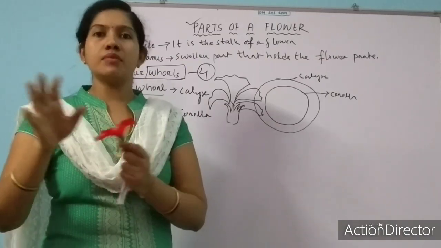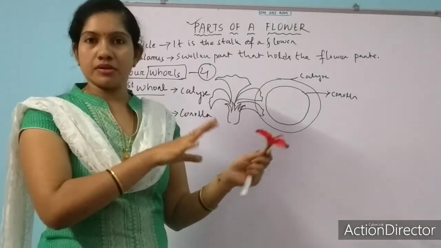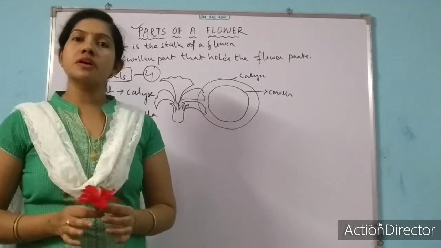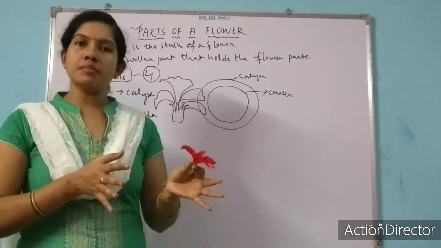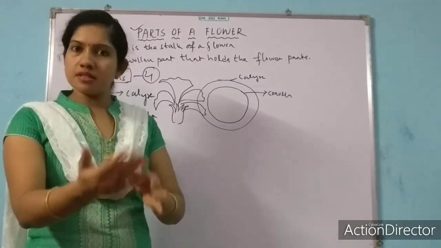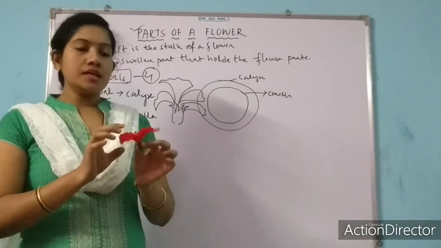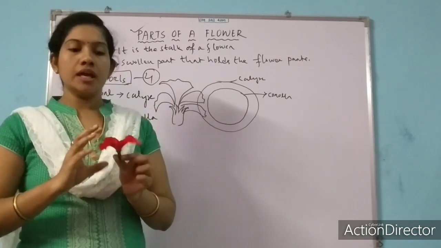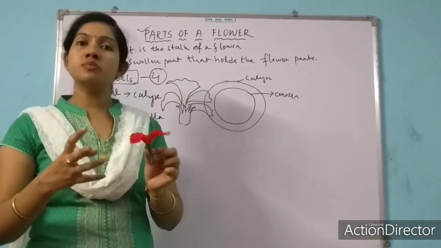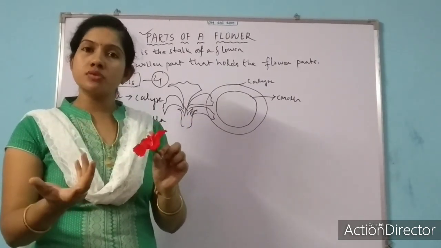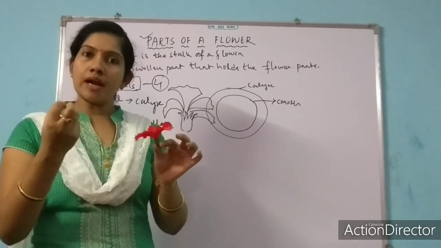What is pollination? I will tell you later in the second part of our flower. Pollination is actually a method of transferring. So pollination is a process of transferring male gamete to female gamete to form a seed. So no need to worry about that. We will discuss it later, in the second part. So generally, what is the work of this corolla? Corolla helps to attract insects. It also produces fragrance, it also produces scent. Here in hibiscus flower you will not get any fragrance, but generally in rose and others, they produce fragrance to attract the insects.